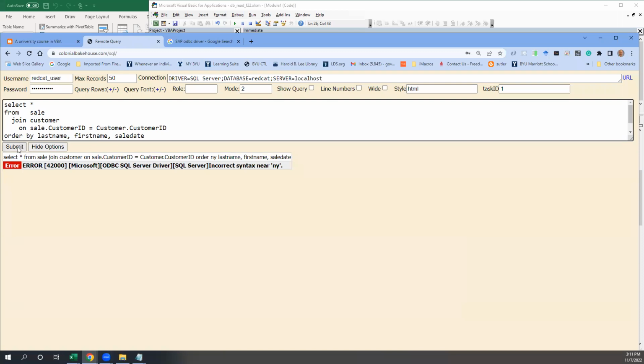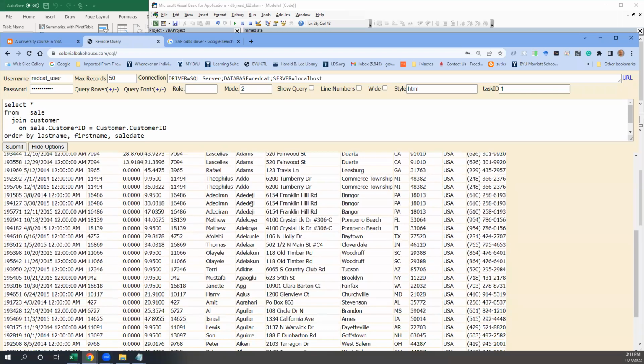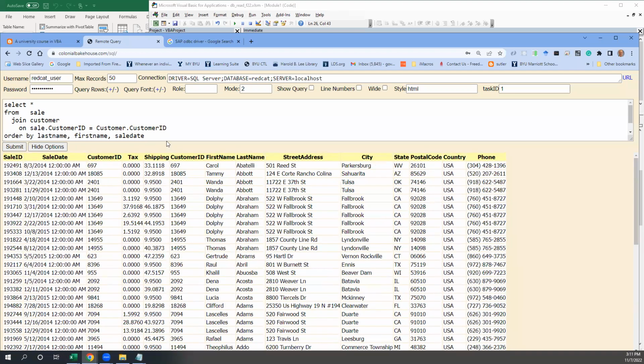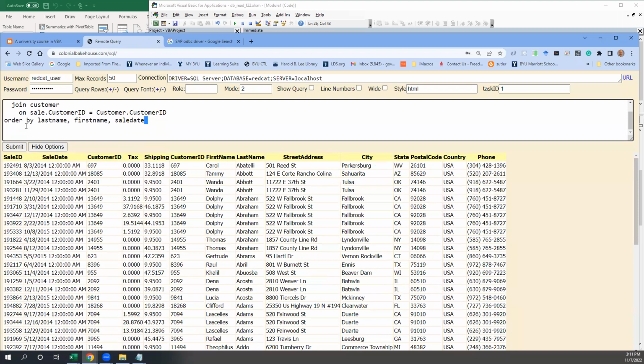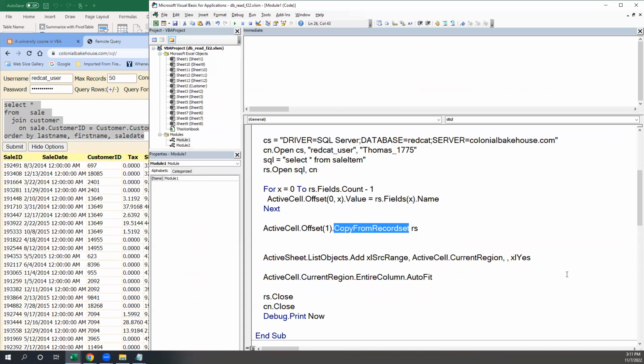Thank you. So now these should be alphabetical by last name. And if we have two customers with the same last name, whoever has the alphabetically shorter first name will come in first. So the point is, now I can bring that whole query